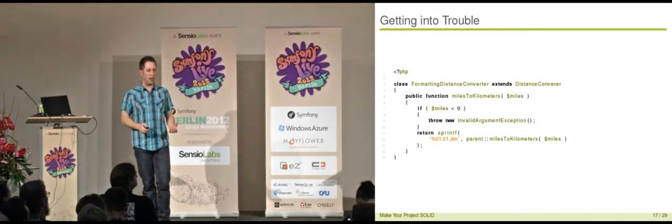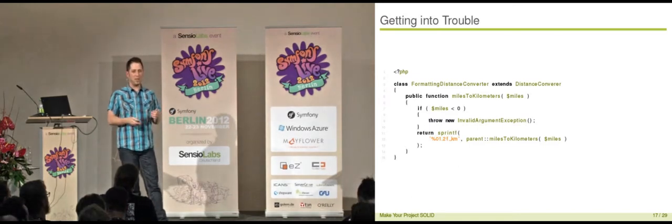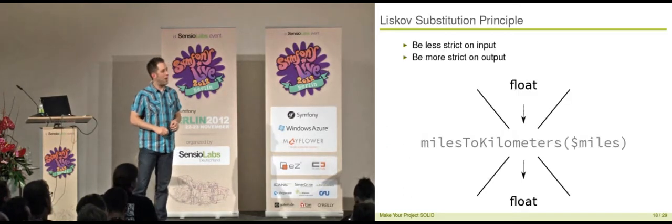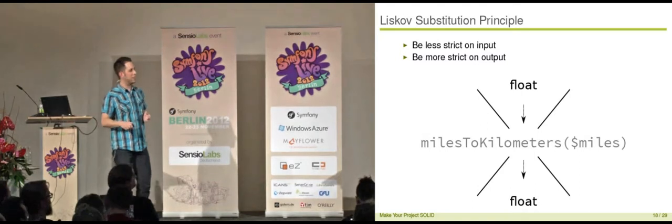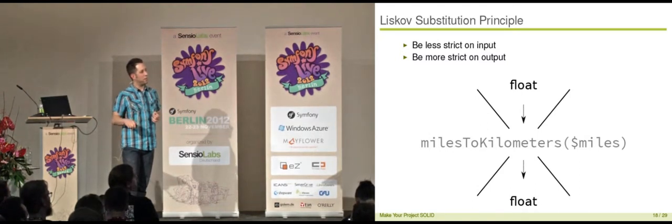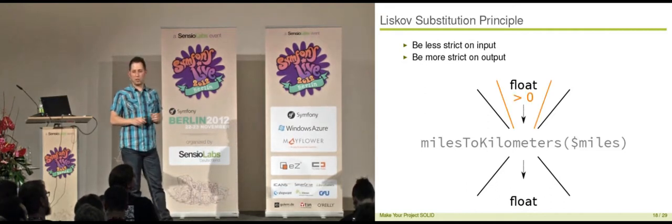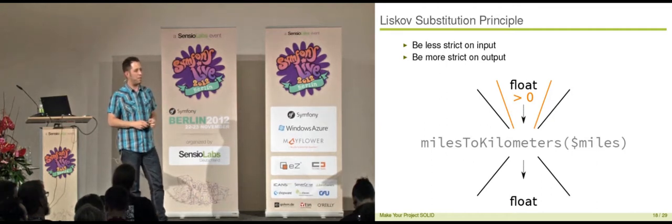So what that boils down to is, if you extend an existing class or implement an interface, in both cases, you must stick to the contract that is provided. You may not change the input value to be more strict, and you may not return other values than you are expected to. I usually explain it this way: you have this miles to kilometers method, and you have some input value, some output value, and a range that it might be in. It is not okay to restrict that input range, because you cannot make sure that nobody in your project uses the parts of the input range that are not accepted by your method anymore.